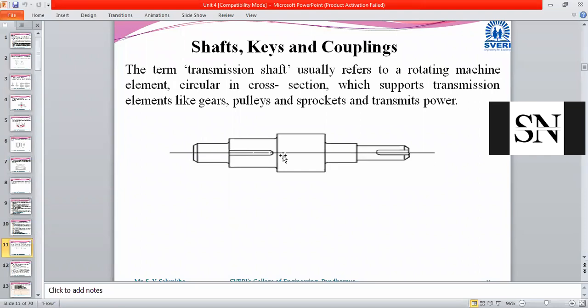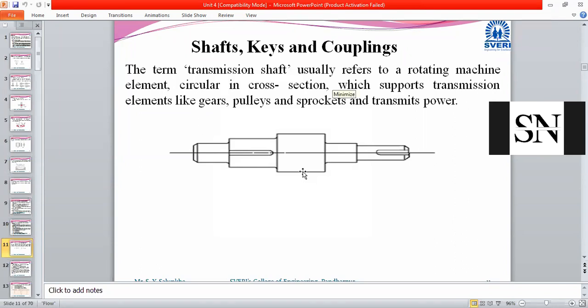Can we call belt and gears a shaft? Transmitted power from the driving device. Okay, that's what I'm telling. Rajkumar, can we call gears a shaft, because they are transmitting power?